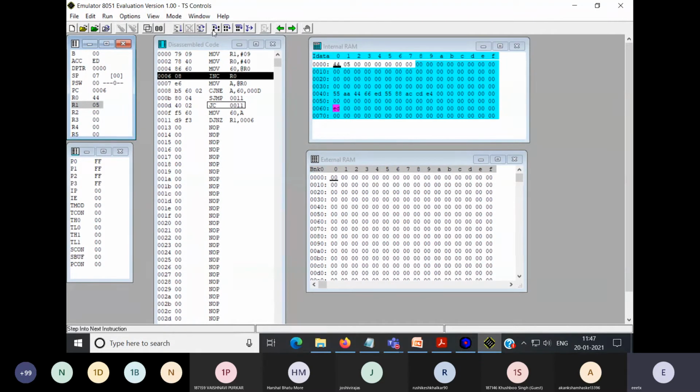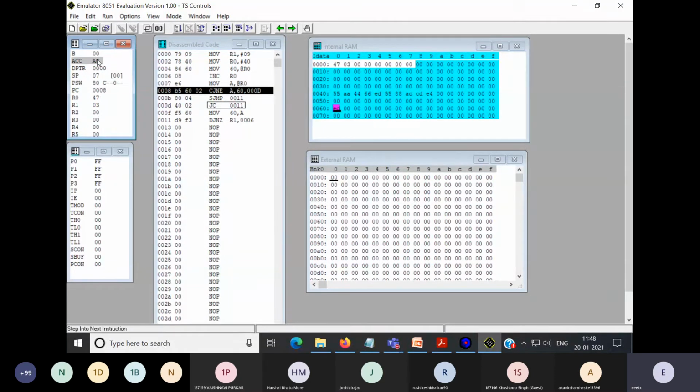Again go to the increment R0. It is 45 now. Now the number from 45 will come here in the accumulator. Again compare, again check carry. This time again there is a carry. So skip, decrement, it is 4 now. Increment R0, take the next number, it is 88. Again check carry, yes there is a carry. So again you will skip, again you will take the next number. Again increment R0, it is 47.